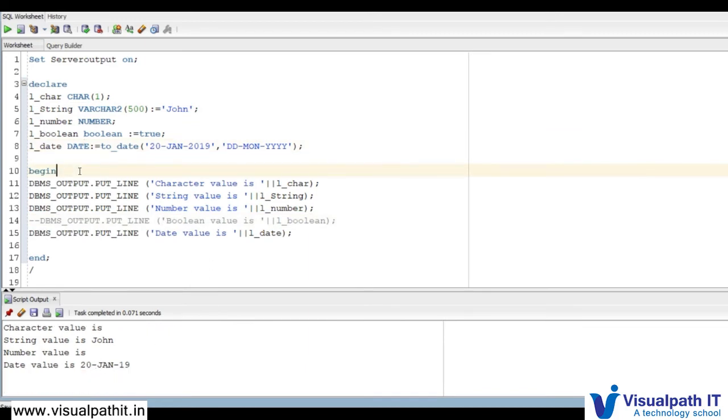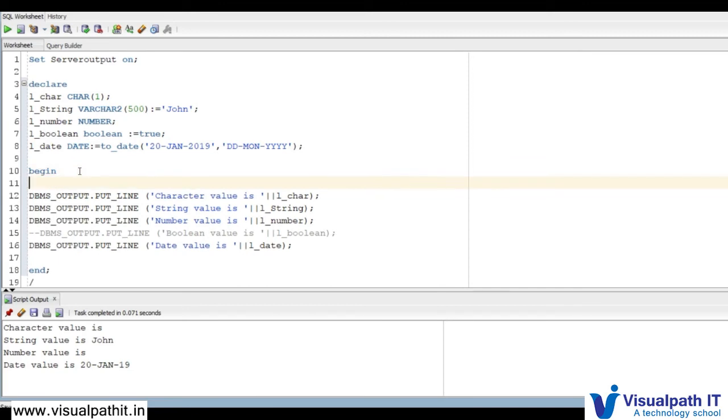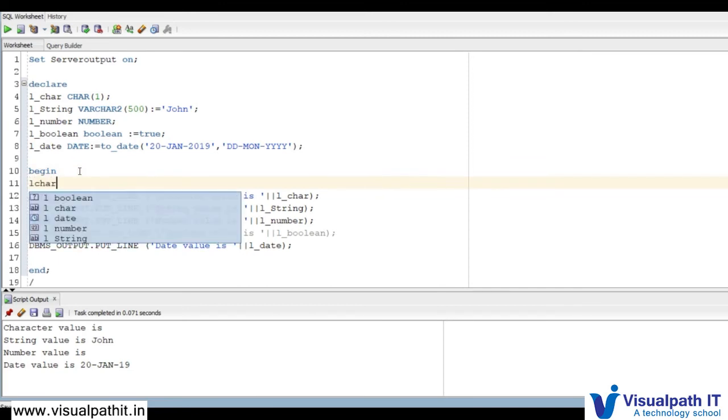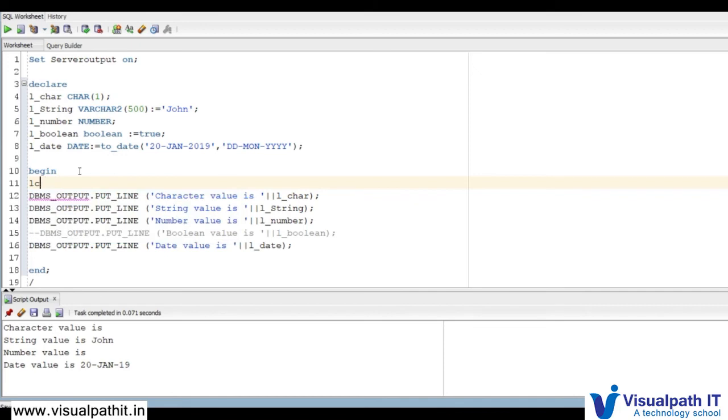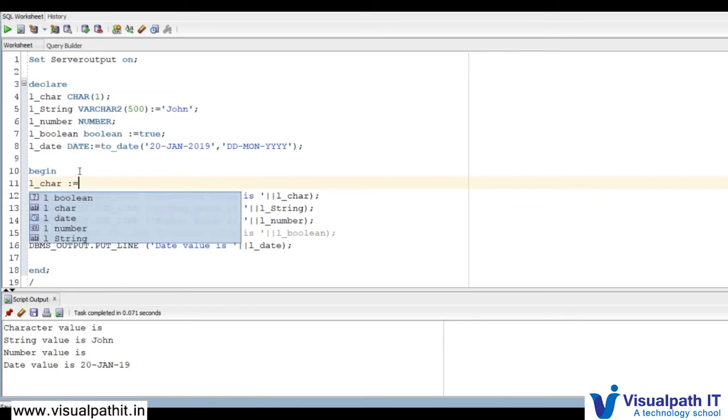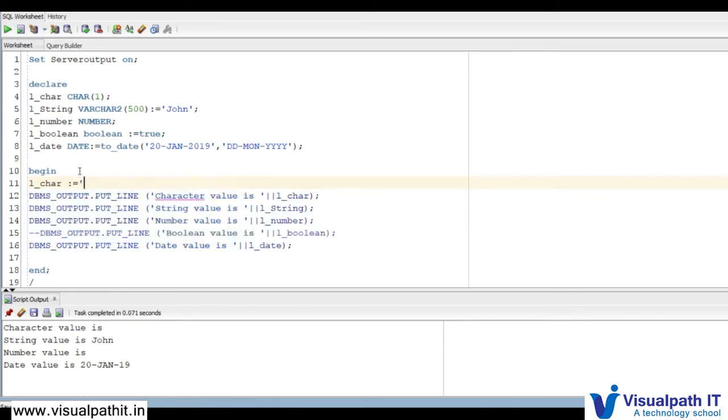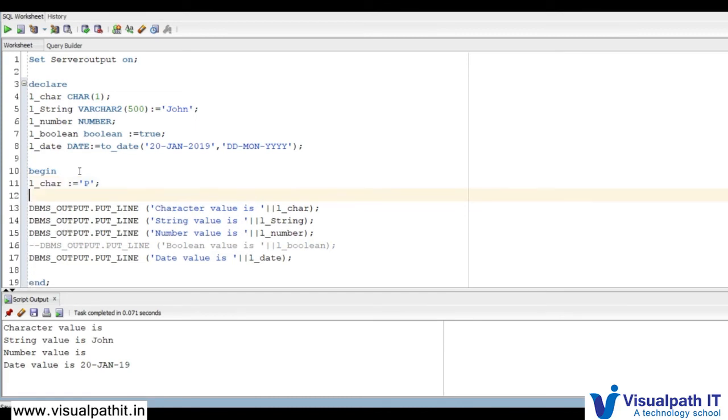So what I will do is I will assign these values to the character, and so on. I can assign values in the execution section.